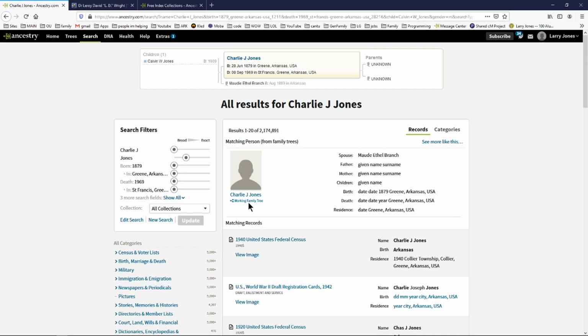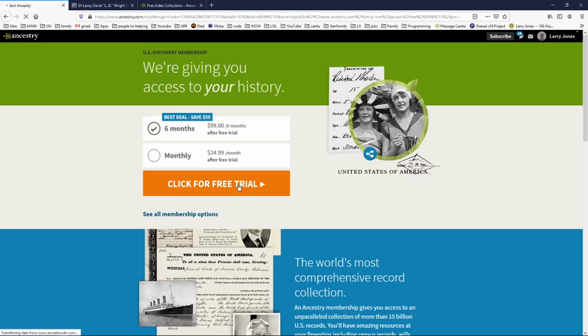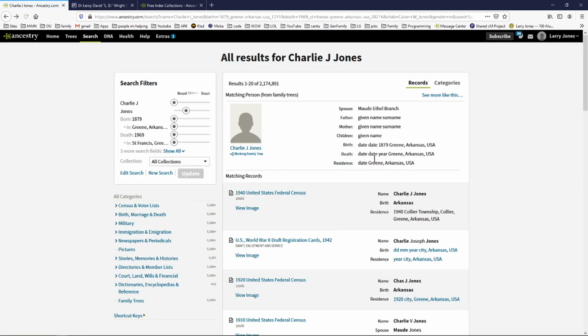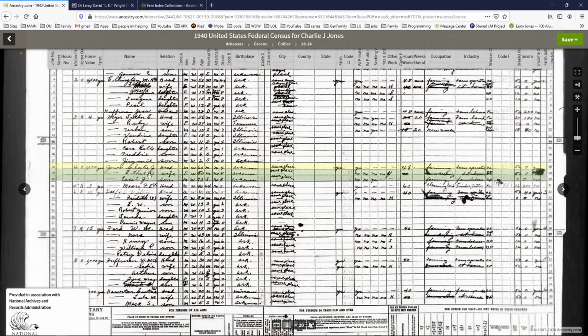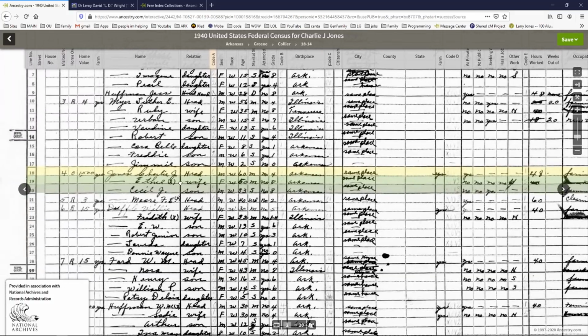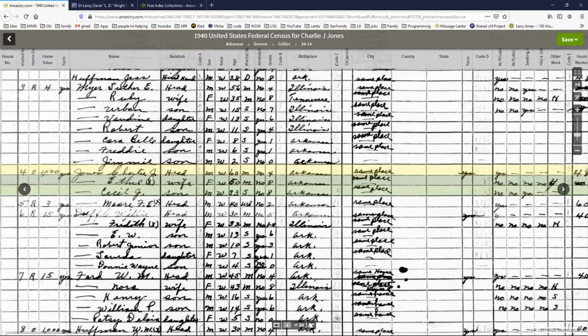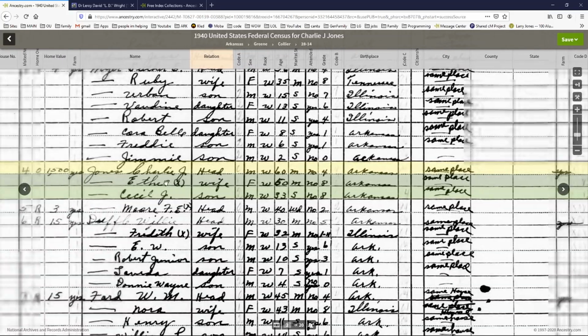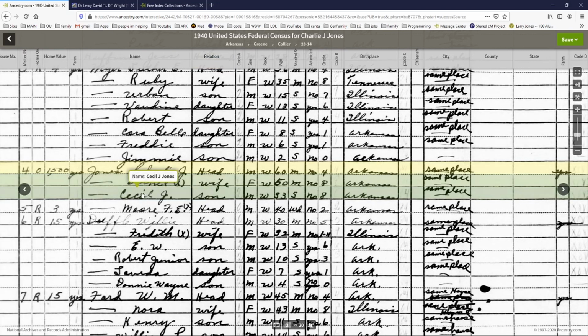Now, because it's got family trees, if I click here, it's not going to give me this because I don't have a subscription, right? So I can look and say, okay, is there any information on here that I can use? Sometimes there'll be some really good information in there, but there's not. Now, I can get his 1940 census information, and we will grab that real quick for the purpose of being consistent. And so it says right here, Charlie Jones, wife Ethel, you remember that was the middle name, Maud Ethel,